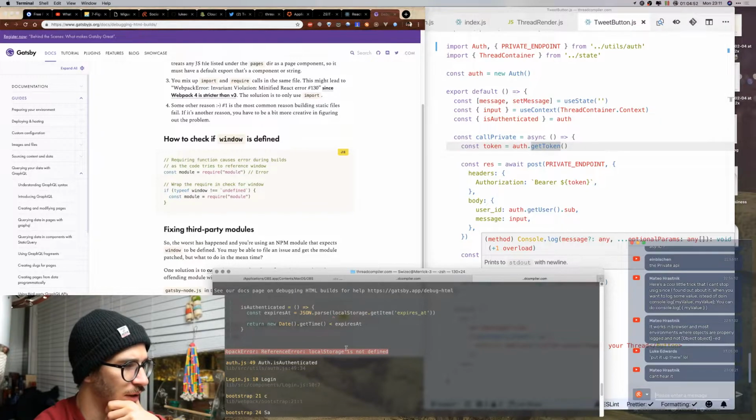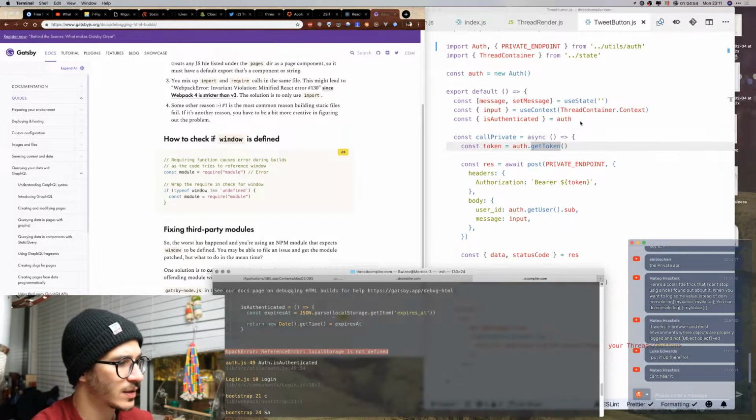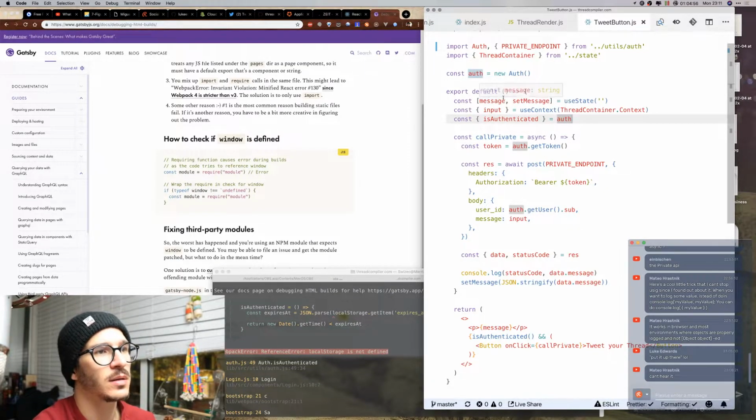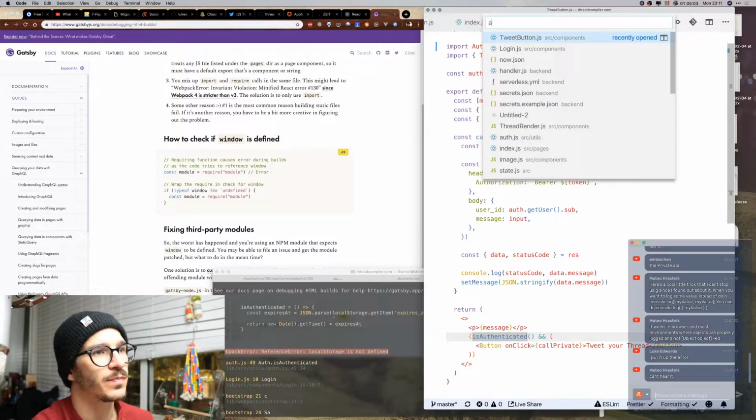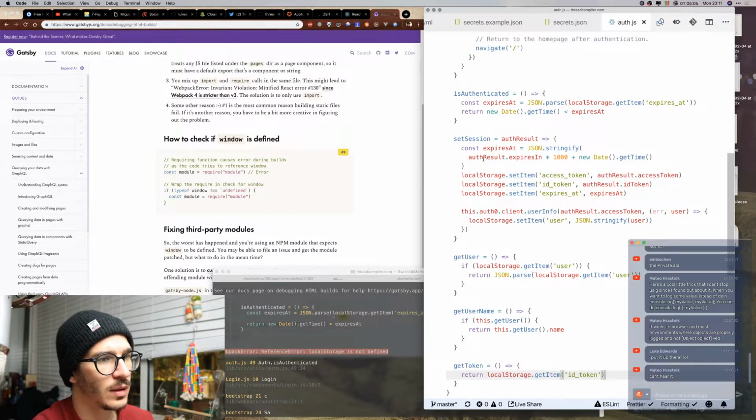Auth: localStorage is not defined. That's the problem. And we go to here, and this is the problem. So in auth, here